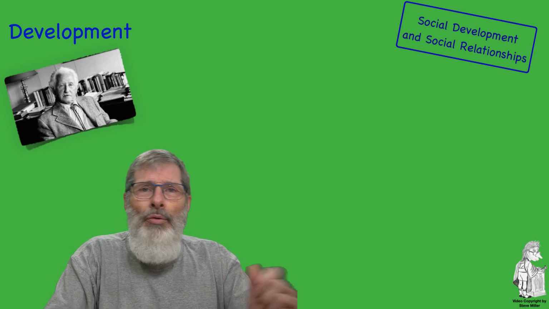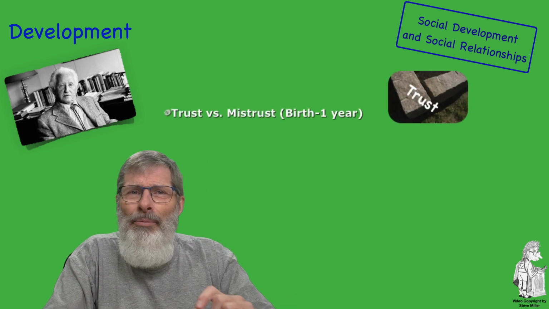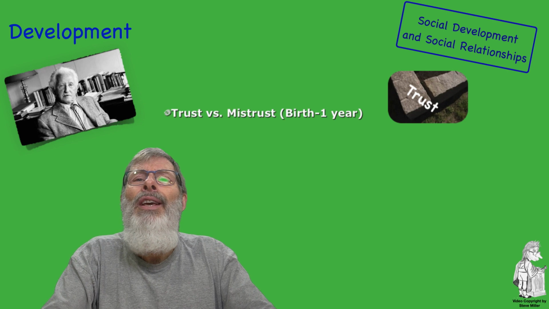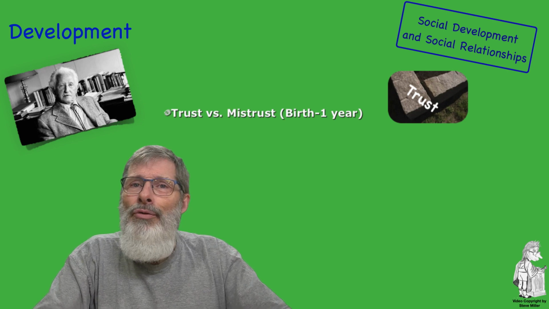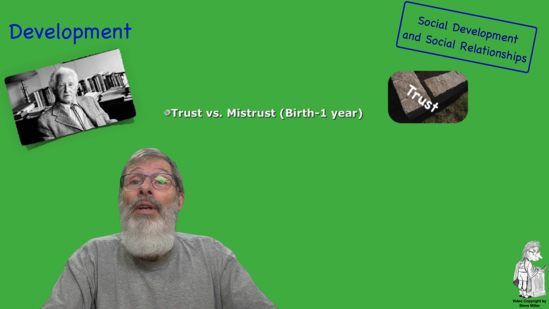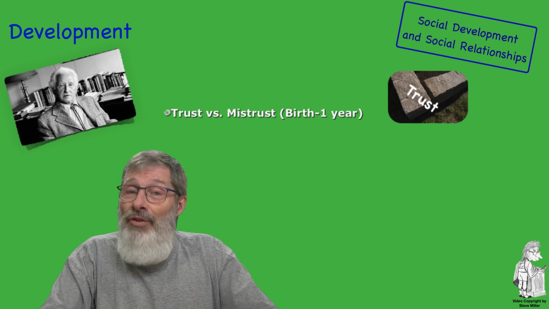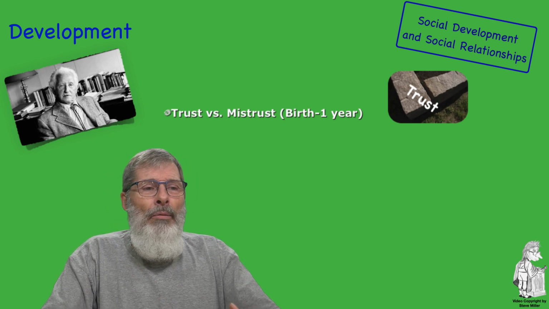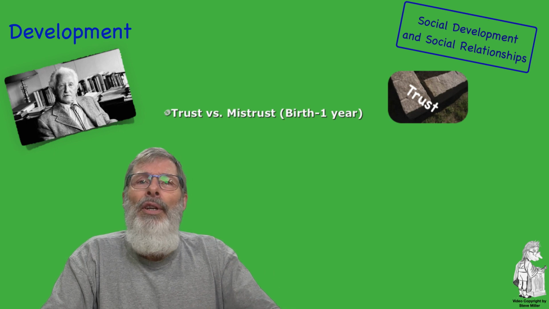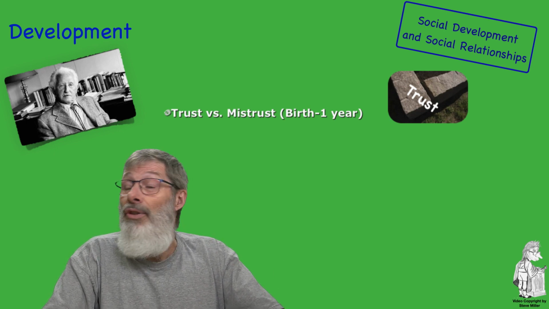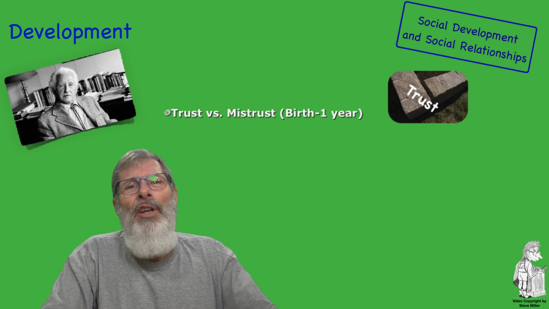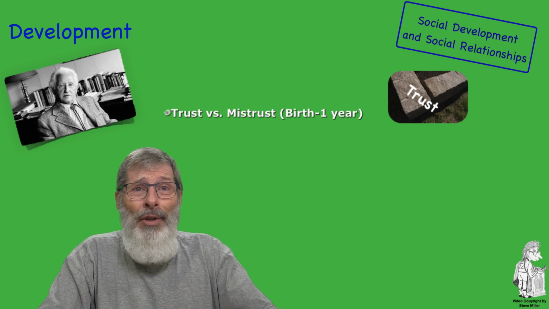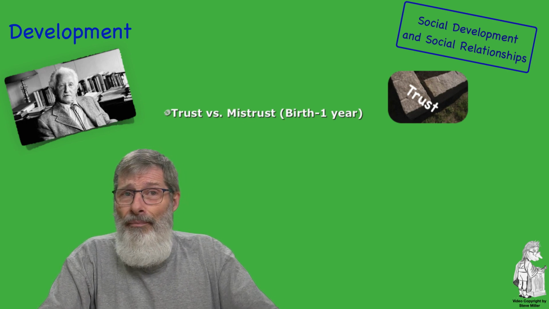Stage 1, trust versus mistrust. And it's based on the interactions with our primary caregivers when we're infants. The infant must gain a sense of predictability and trust in its caregivers, or it risks development of a mistrust nature. So when children cry and we respond, they start to see a predictability and trust in the caregiver. If they cry and we don't respond, and we do sometimes, then it doesn't build the same level of predictability, and therefore a lack of trust in that predictability, which could make for mistrust.